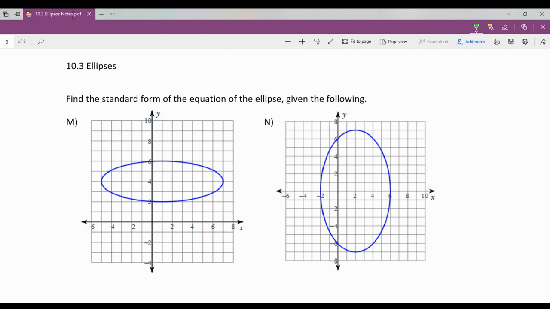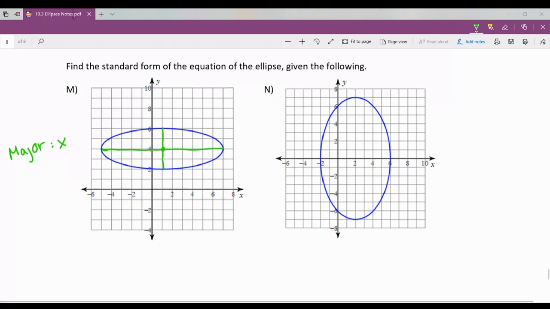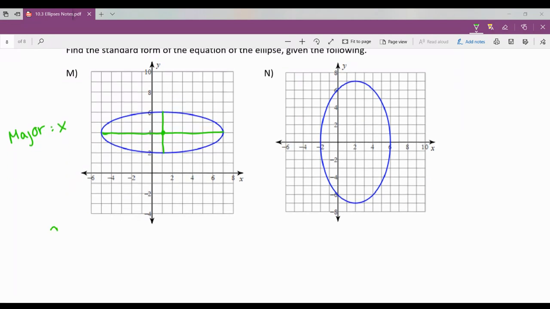If I look, the biggest length is my major axis. So if I want to find that, we've got my center,